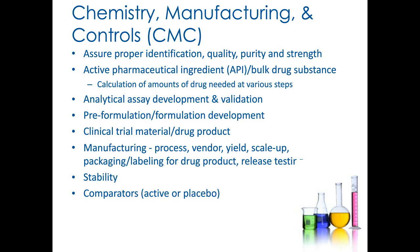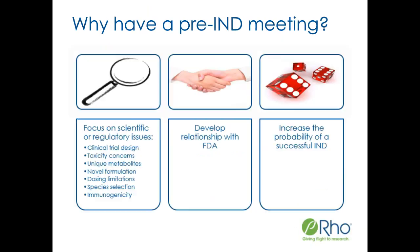And you'll need to have a certain amount of stability prior to when you submit your IND. And that can be either from engineering batches made in the same process or directly from your GMP clinical batch. Okay, so switching to the next slide, now you've gotten through some of your tox work and your non-clinical work,